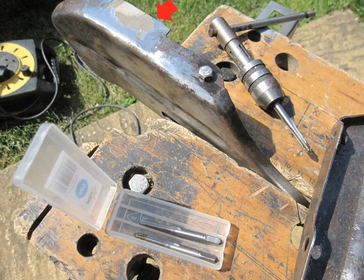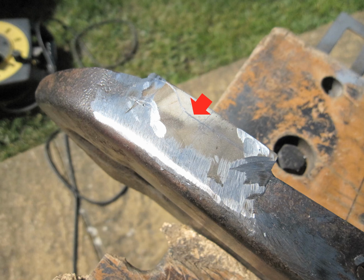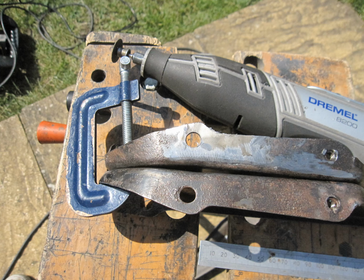Now I'm going to cut my repair panel here to the right shape. So here I've clamped the two panels face to face. I'll trace around the edge of the original to get the right shape. This is the repair panel marked up ready to cut. And here's the panel trimmed to shape. Now I need to drill a second fixing hole. And here you can see the two panels back to back with a final trim to the shape of the